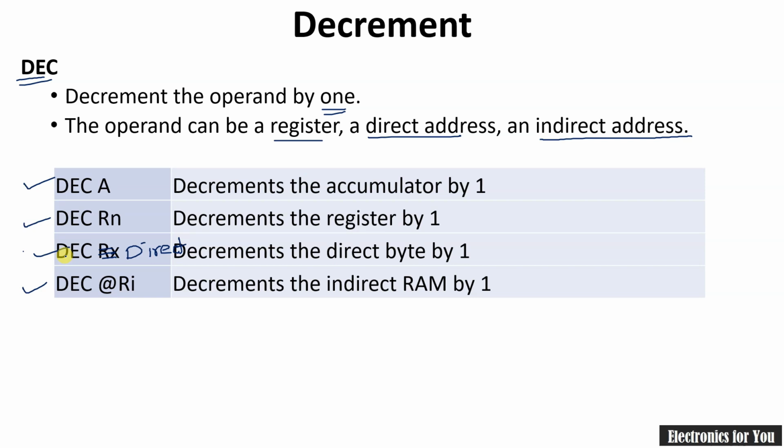Now the next instruction is very important. This is the multiplication operation. Here one simple instruction is used for multiplication. It is MUL AB. This is the opcode and these two are the operands. The first operand is A and the second operand is always B. Note that there is no comma in between A and B. It is the MUL AB instruction itself.